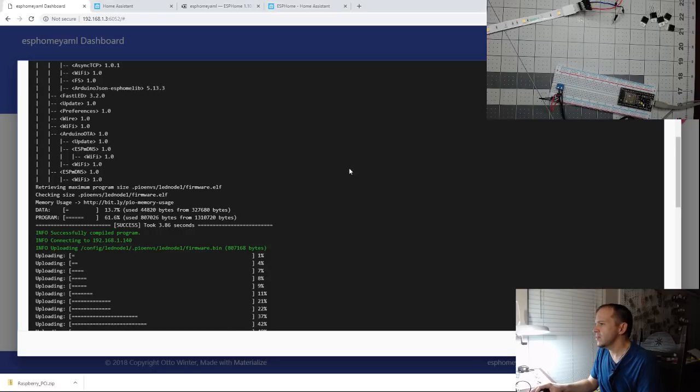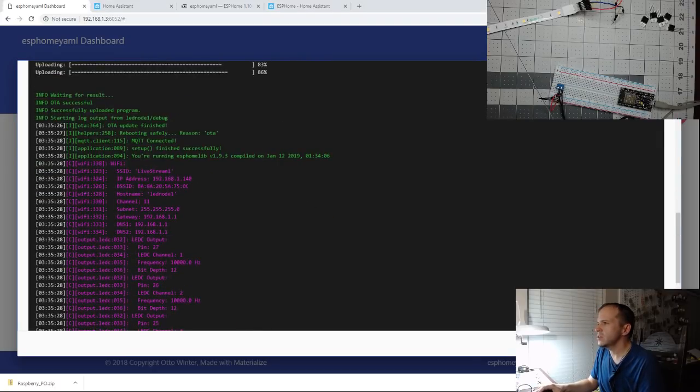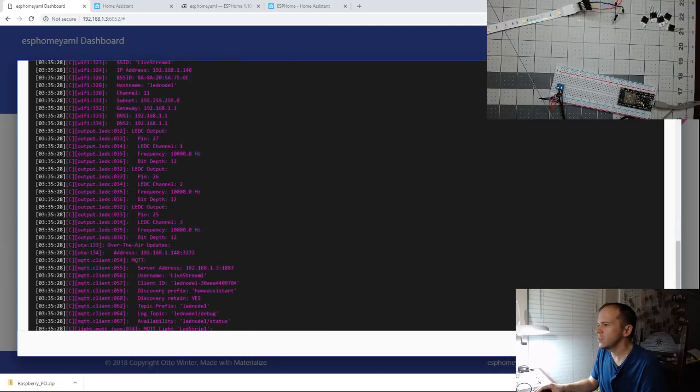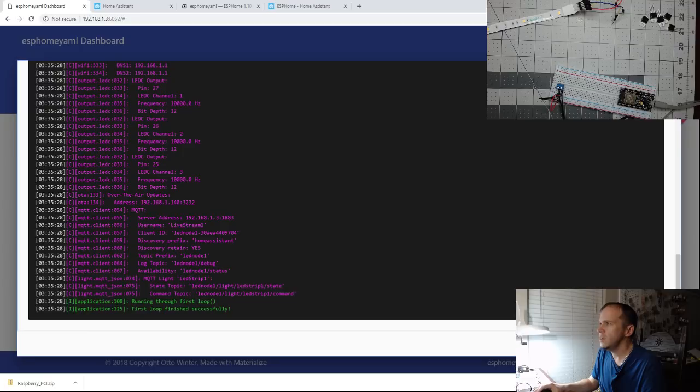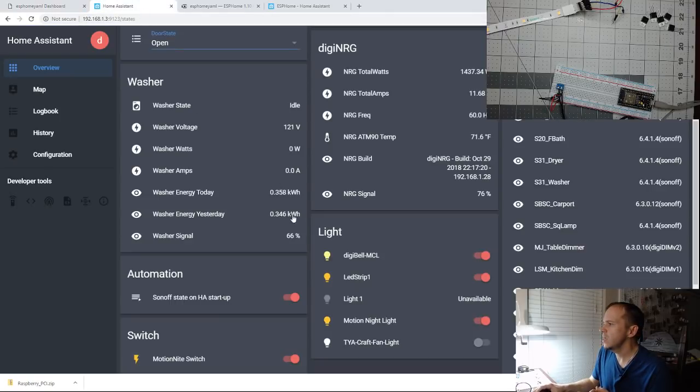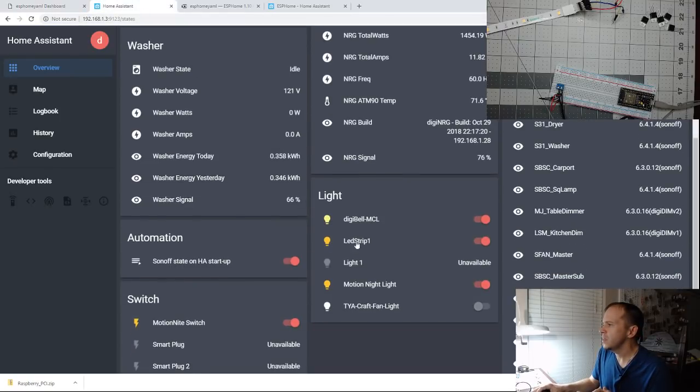And after that, you can see it reboots, it connects to Wi-Fi and everything. It shows you the config and MQTT. As long as you have auto discovery turned on in your MQTT config in Home Assistant, it'll automatically pop up in all the different sensors you put.